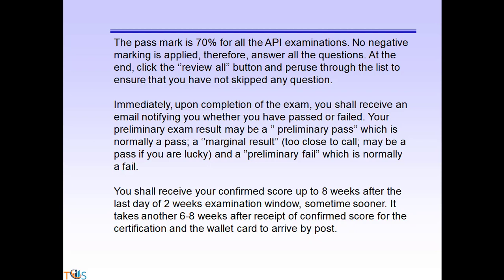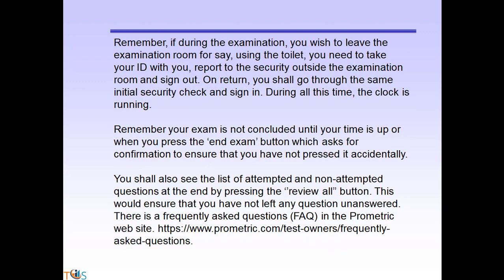A marginal result, too close to call, may be a pass if you are lucky, and a preliminary fail is normally a fail. You shall receive your confirmed score up to 8 weeks after the last day of the 2-week examination window, sometimes sooner. It takes another 6 to 8 weeks after receipt of the confirmed score for the certification and the wallet card to arrive by post. Remember, if during the examination you wish to leave the examination room, for say, using the toilet,